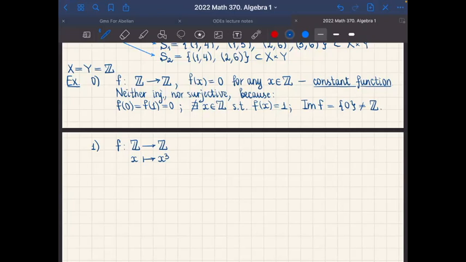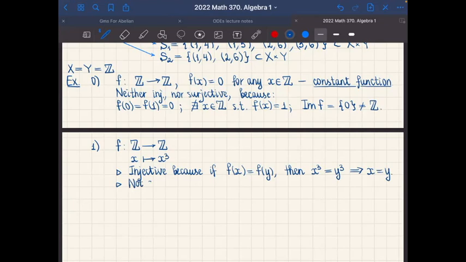I claim that it is injective, because if we have that f of x is equal to f of y, then x cubed is equal to y cubed. And you can check that this implies that x is in fact equal to y. However, it is not surjective